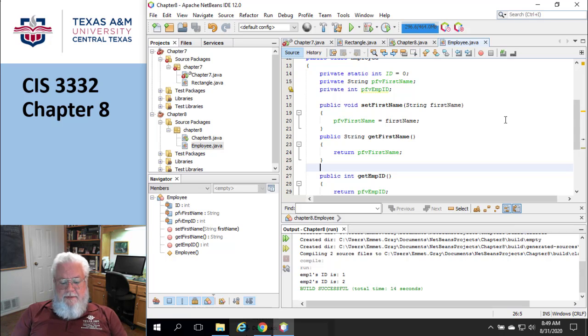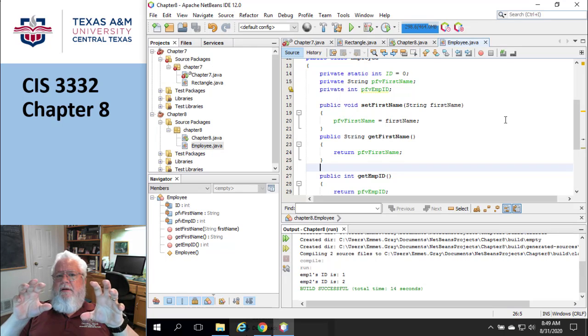On page 500, they talk about passing objects as arguments. Now, we've done this before. Back in the rectangle day, we passed things to other methods. The issue here is that you've got to make sure, when you pass a reference to another object, that we don't see